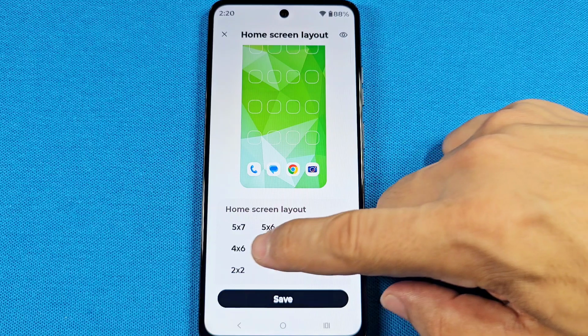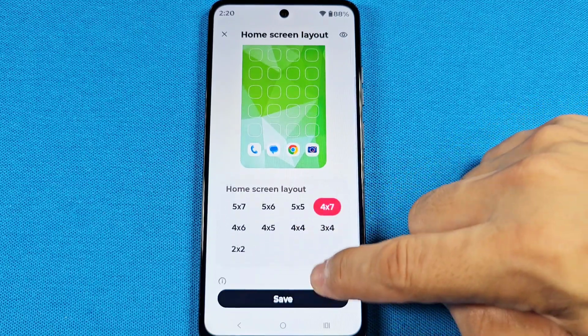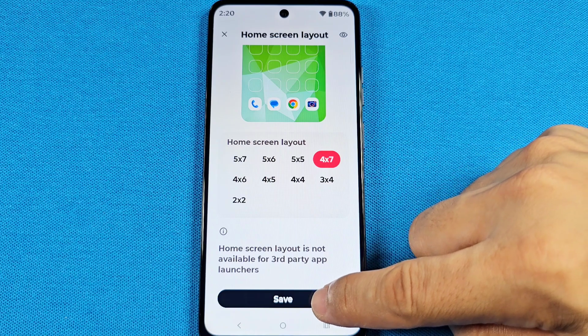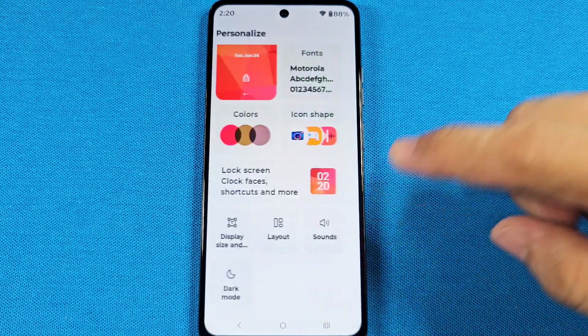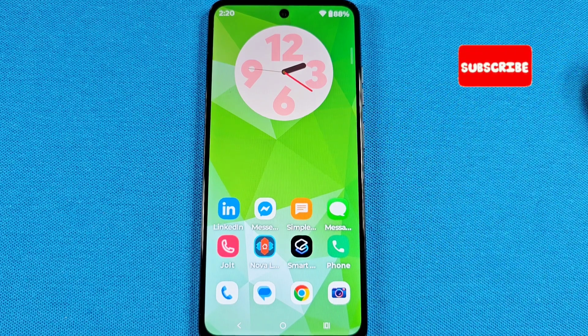You have 4x4. And whichever one you decide to go with, just make sure you press Save so that it can go into effect. So then all your apps now will be set up in a grid view within the 4x7, if